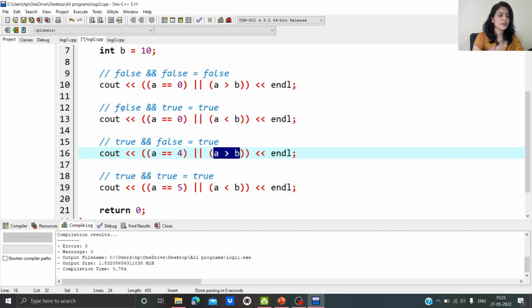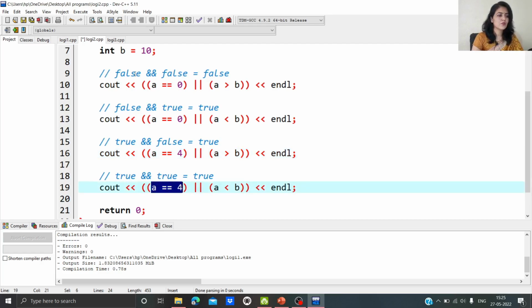Look at here. One condition is false and the second condition is true. The result will be true. And here one condition is true and the other condition is false. The result will be true. Means दो कंडीशन में से अगर एक कंडीशन भी ट्रू रहती है तो रिजल्ट विल बी ट्रू. Here true condition and true condition equals true condition, meaning when two conditions are true, then the result will already be true.